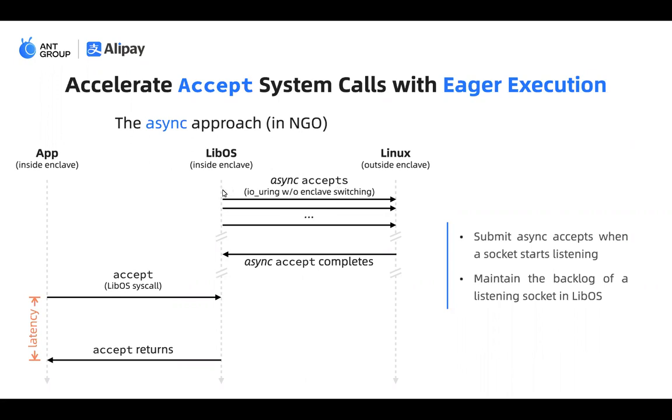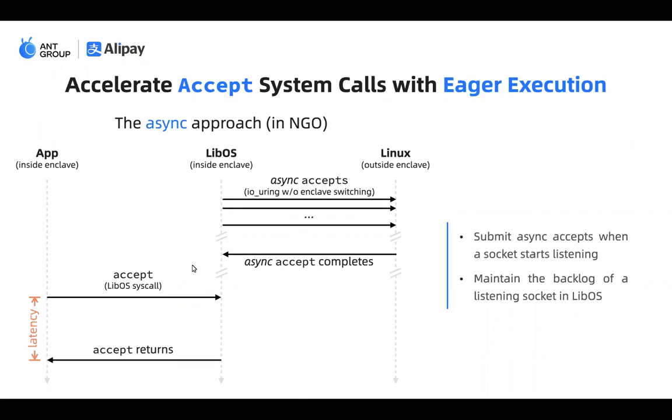So it's very likely that even before the user calls the accept syscall to the LibOS, we'll have some of the accept requests complete. And the LibOS will maintain a backlog of accepted